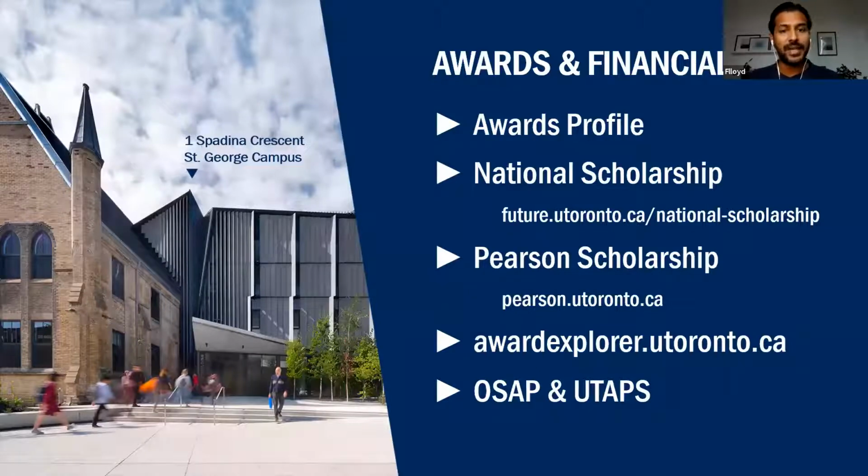In addition to that, Canadian students applying from a Canadian high school have access to the awards profile, and you'll see it on your Join U of T portal. Canadian students should also be aware of the National Scholarship. This is the largest scholarship that we have available to Canadian students. It covers the cost of tuition for 4 years as well as living expenses, and its counterpart for international students is the Lester B. Pearson International Scholarship. So with these 2, they exist outside of the normal timeline. Students are encouraged to look into them.